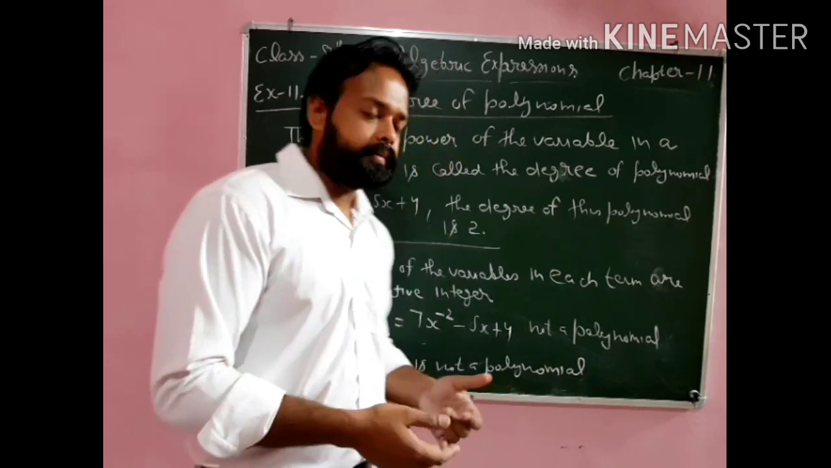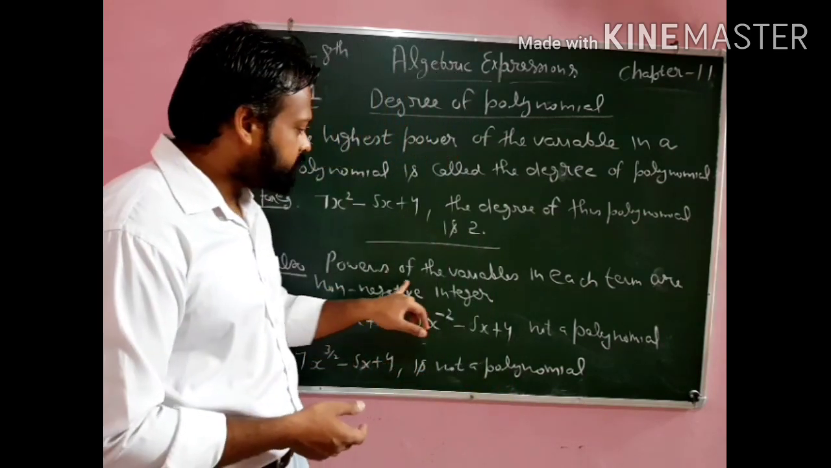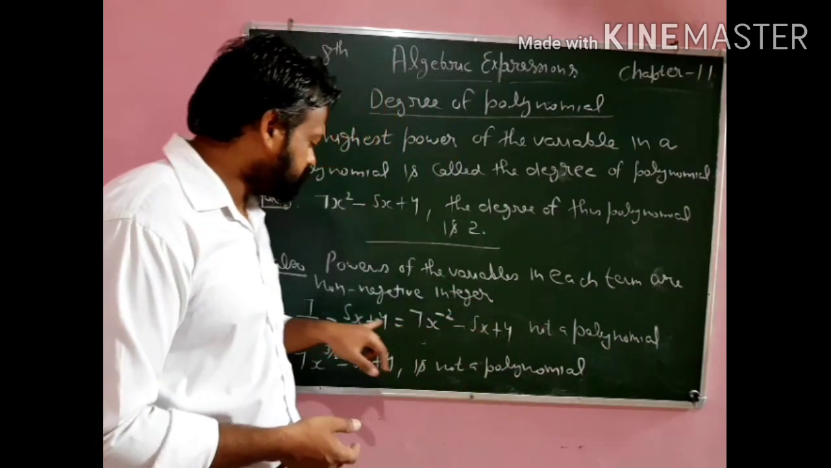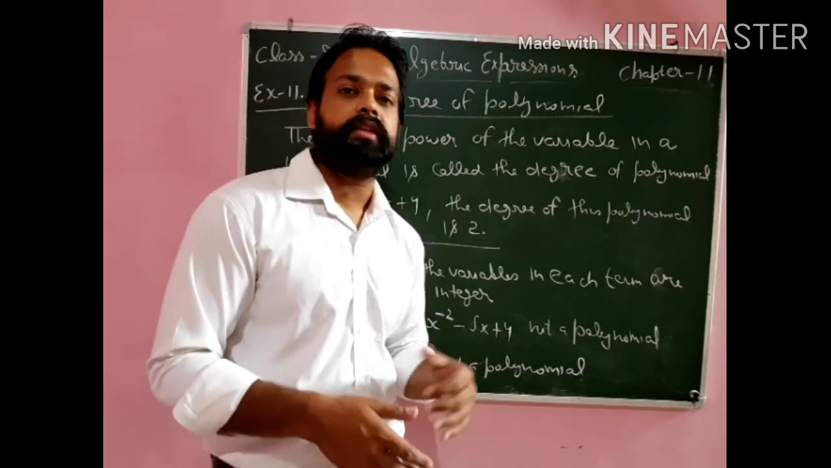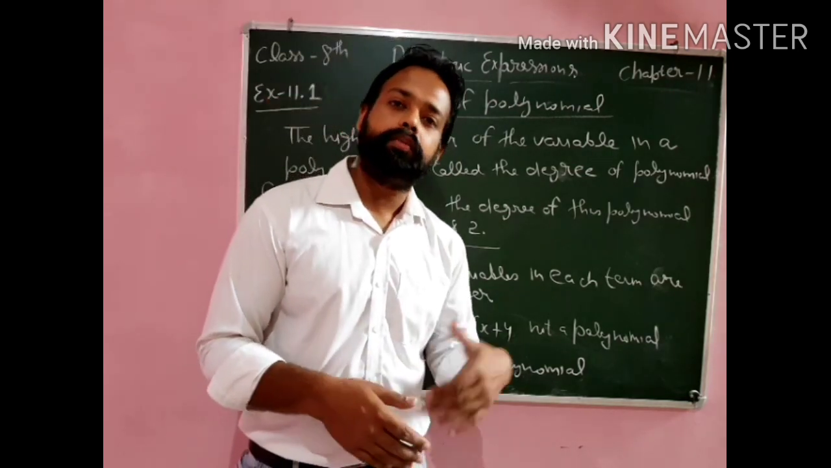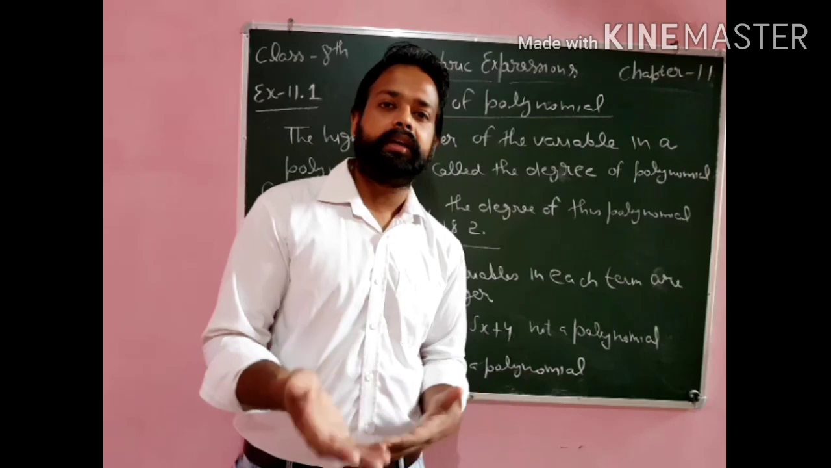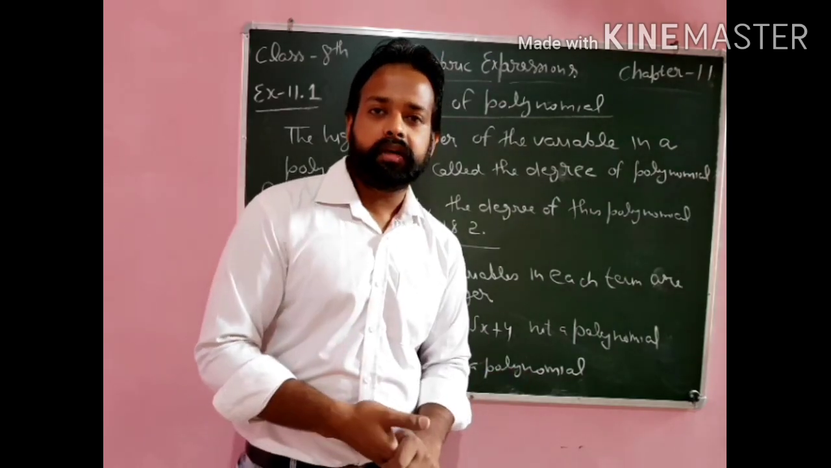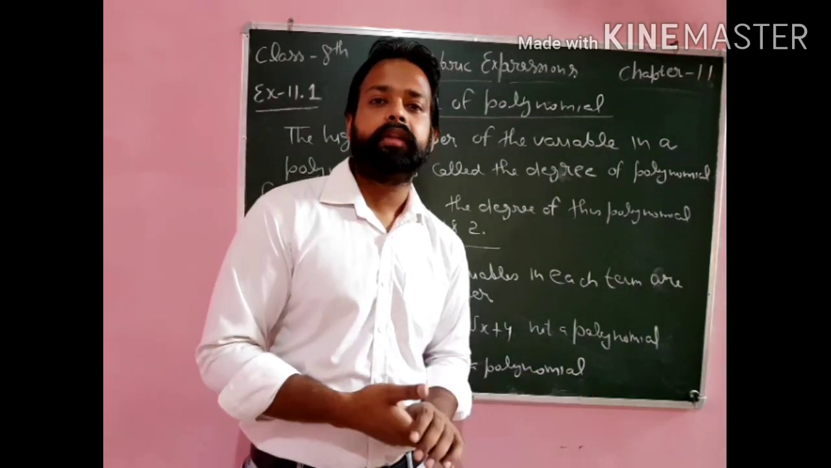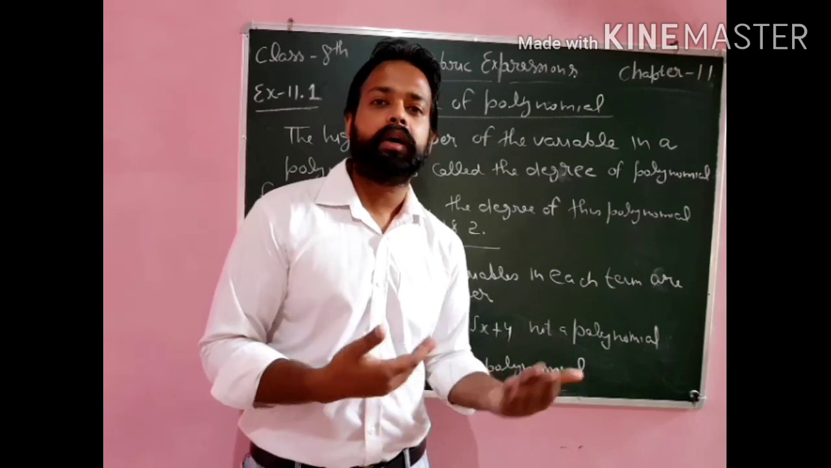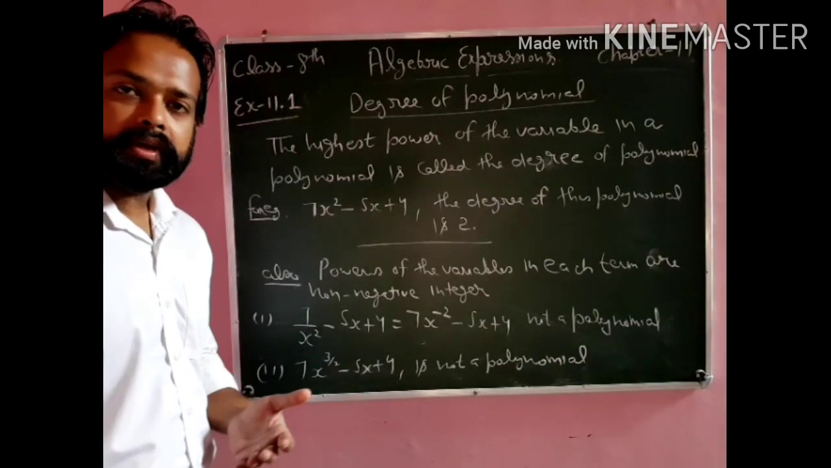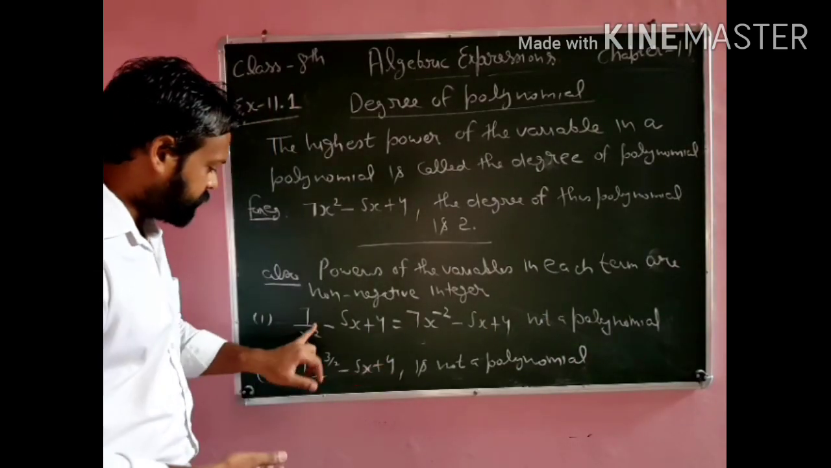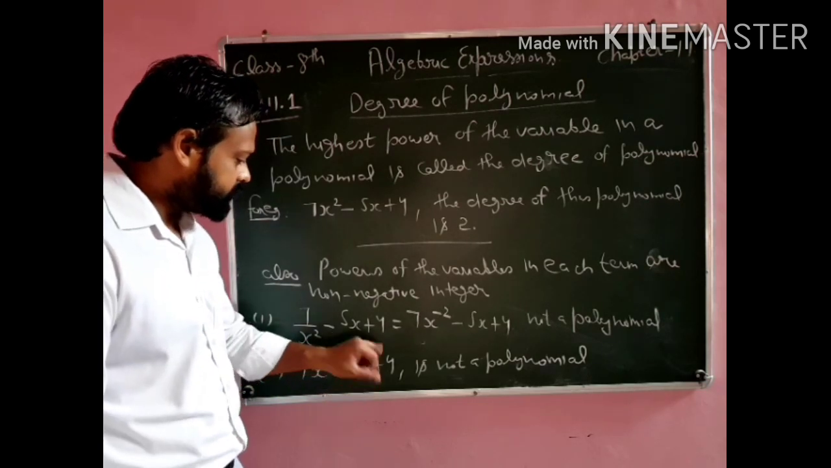See carefully again. The powers of the variables in each term should be non-negative integers. Only in that case can we say that this is a polynomial, and then we have to find the degree. Degree means the highest power of the variable. Okay, now you can see I have taken an example here, 7 by x square minus 5x plus 4, and